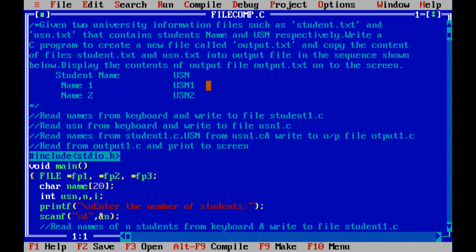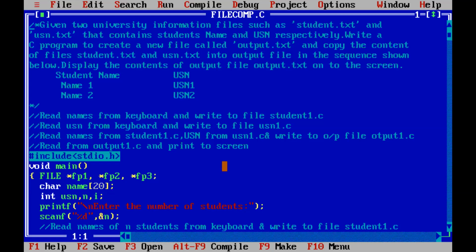Another way is reading the input live. That means the user is entering the details simultaneously and it is going and being written into the file. That means the input files are not pre-created. They are created at the time, while the user is writing the contents. The second one is what we are going to see. That means you are creating the file through the user, through the keyboard. The input will be read through the keyboard and written into the two input files.